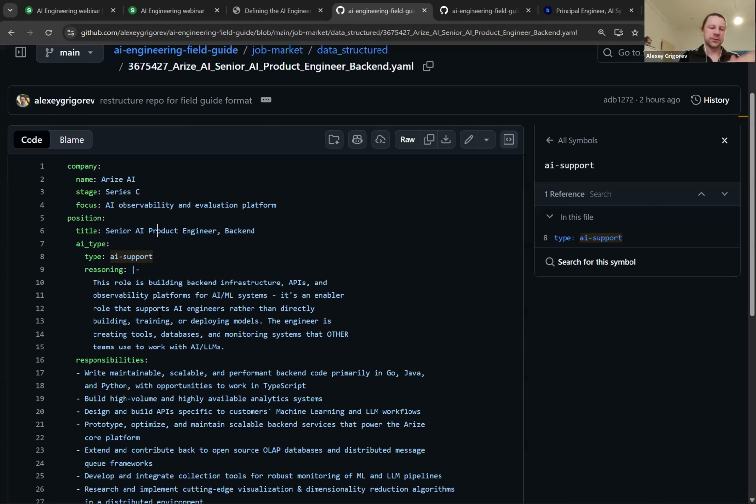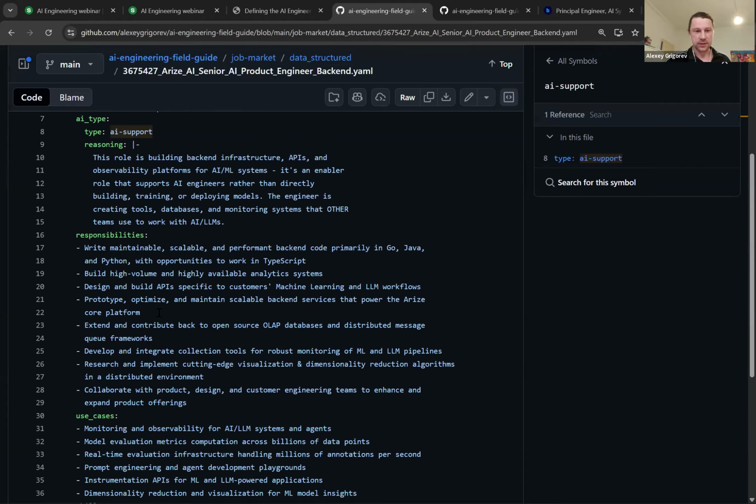So first of all, I defined the criteria: how do you distinguish between AI first and AI support roles? And then I also asked the LLM to explain its reasoning, why exactly it thinks that this is AI support. This is typically pretty helpful for the LLM to make a better decision.